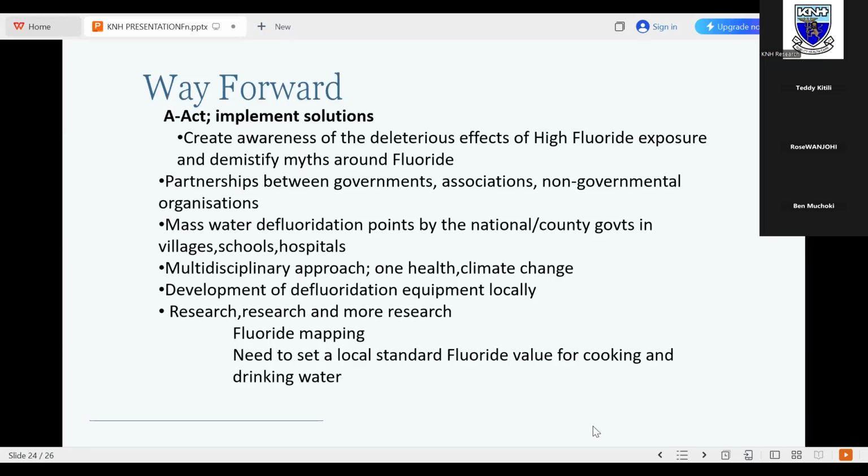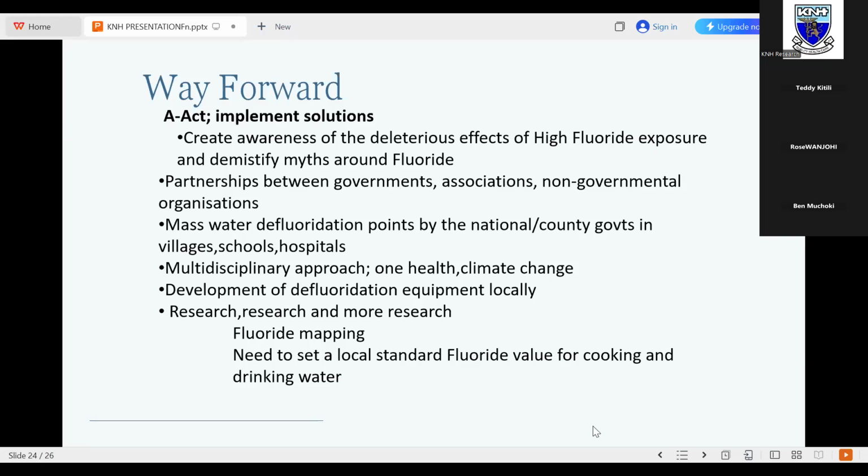We need to act. We need to create awareness on the deleterious effects of high fluoride exposure. We need to demystify myths around fluoride. For example, there are people who think that so long as your underground water is not salty, then it doesn't have fluoride. Whereas I want to tell you today that fluoride has no taste, fluoride has no smell. So you need to test your water. Yes, there are some people who think boiling water can remove fluoride. We have talked about that today, and we have said that when you boil, you actually take fluoride